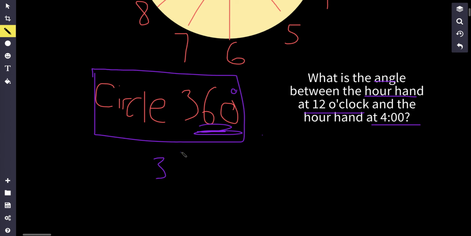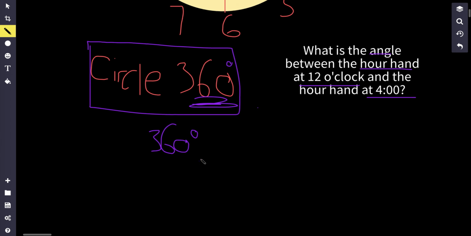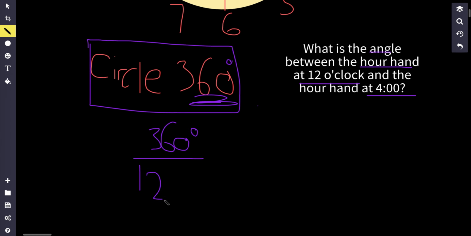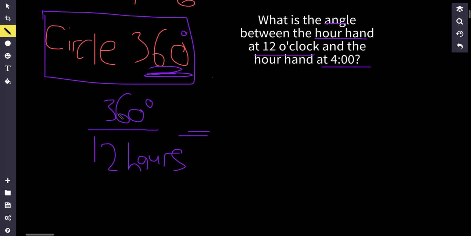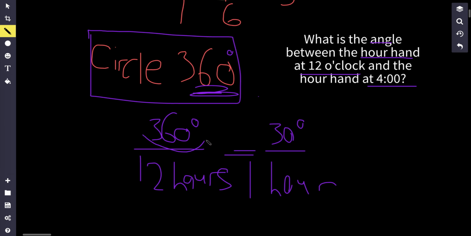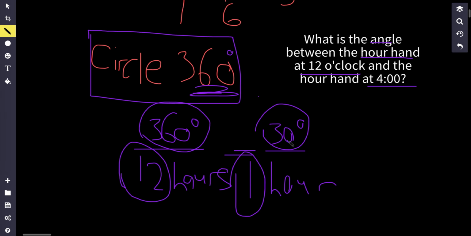So if you know that the circle is 360 degrees, and you know that there's going to be 12 hours, well, that means that when you simplify this out, if you plug it into the calculator, you're going to get that this is 30 degrees per hour. The circle is 360 degrees, and in this 360 degrees, it's split into 12 parts. Well, you know that it's going to be 30 degrees per part, or in this case, 30 degrees per hour,